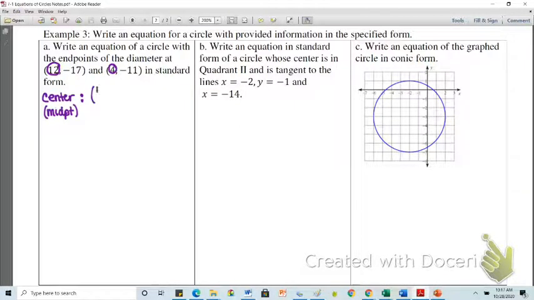So that's going to be 12 plus 4 over 2, and negative 17 plus negative 11 all over 2. So I end up with a center at 8, negative 14. Now I need to figure out my radius, because I need a center and a radius to get the equation of a circle. So my radius,